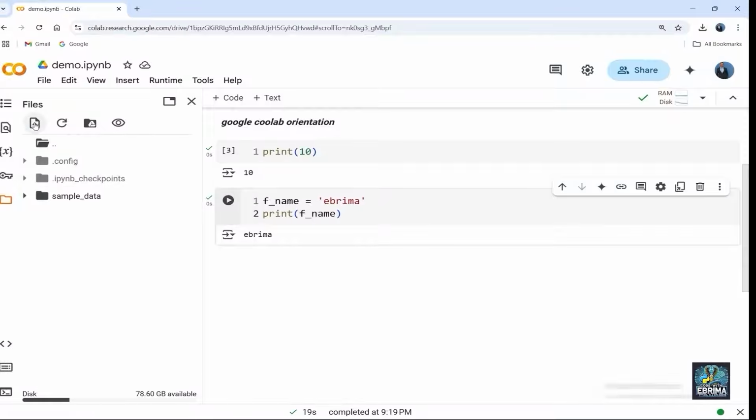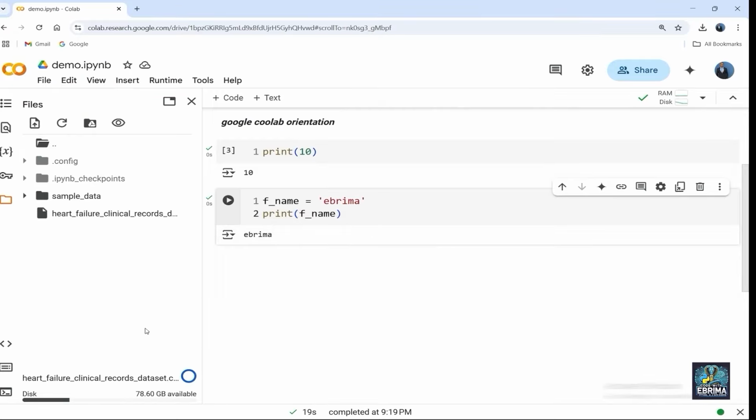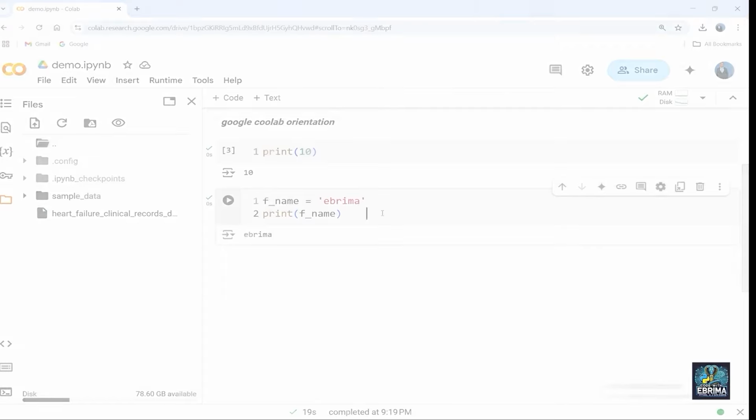Now I can click this, and we can access it here. I think this way is easier, right? So now I can click open, and you can see it's loading, and now we have successfully uploaded it to our Google Colab. This is important to note.